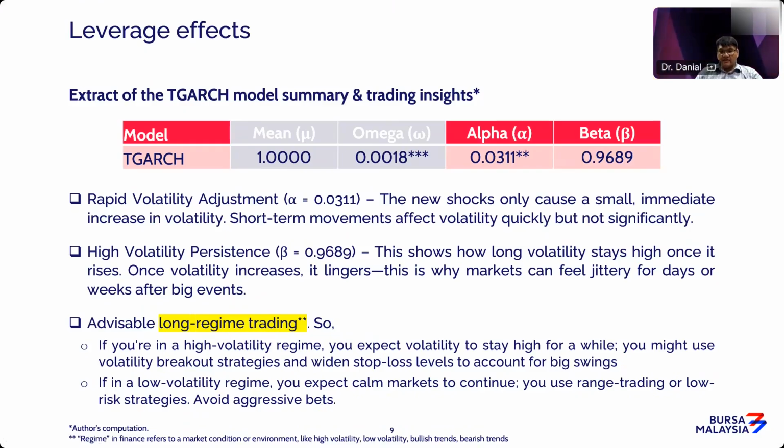On the other hand, if you have a low volatility regime, you are probably expecting the market to continue stable. It fluctuates, but not so much. And you can use range trading or low risk strategies. It's just that I would say do not increase your position. Let's just say you're starting your position with 2 contracts. Just maintain 2 contracts. It's not like, okay, it's a low volatility regime, so I want to add more and more. That is not something very smart to do, right? It's quite technical here, but in any way, I'll try to make it plain.